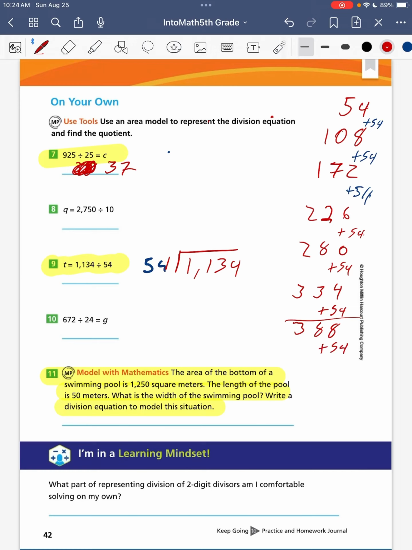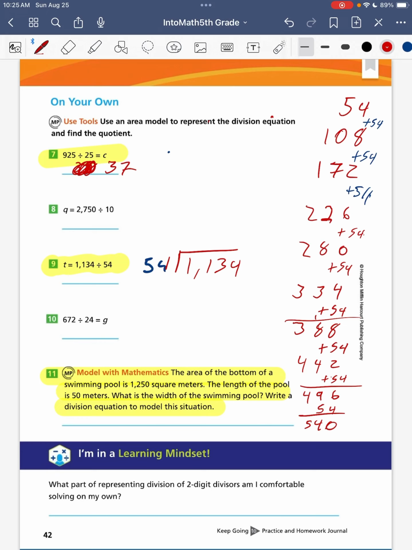Maybe I'll find another multiple. I'm seeing pieces with how 54 can go into 1134. Keep adding this all up. 4 plus 8 is 12. 5 plus 8 is 13, 14, 442. Let's do a few more multiples. 496, and 540. All right. So, of my first 10 multiples here,